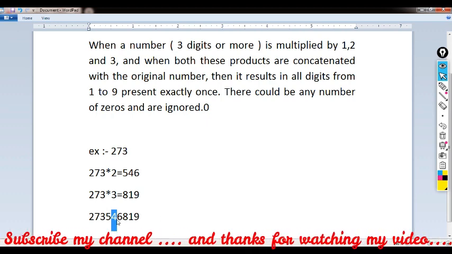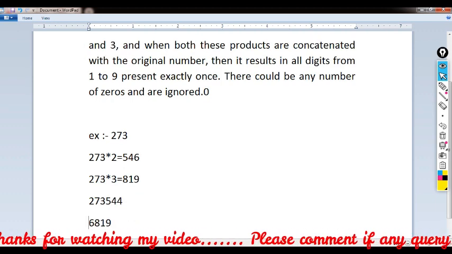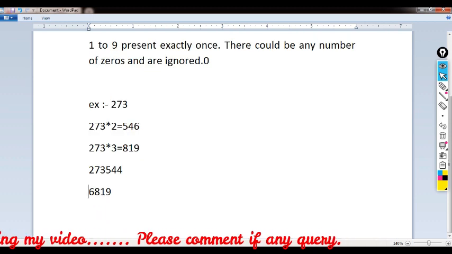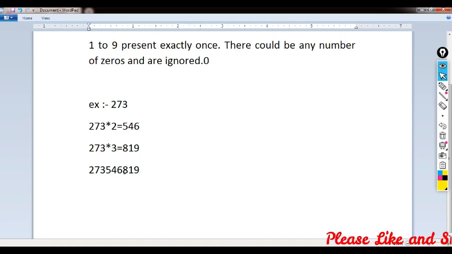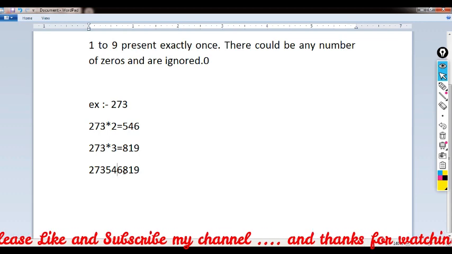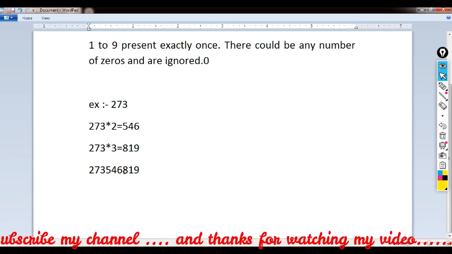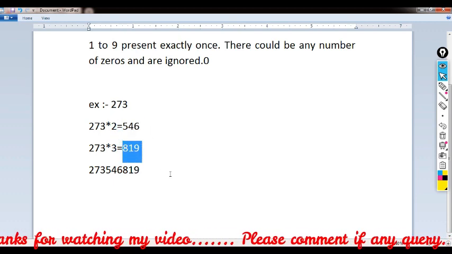If any digit, for example 4, is repeated, then this number is not fascinating, because the exactly once condition is not fulfilled here. So the condition is that firstly we take a number, then we multiply it by 2 and 3, then the original number is concatenated with the results of these two.